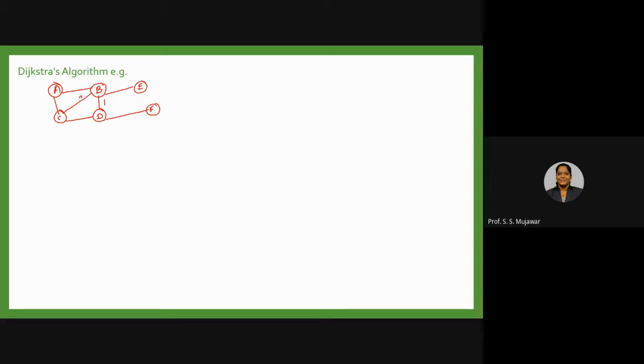C with the value 3, this C and D is having the value 5, D and F is having the value 4, this EF is also connected with the value 2, BE is connected with the value 6, AB is connected with the value 5, the cost between A and C is 1. All costs are written. Okay. This is the given network.